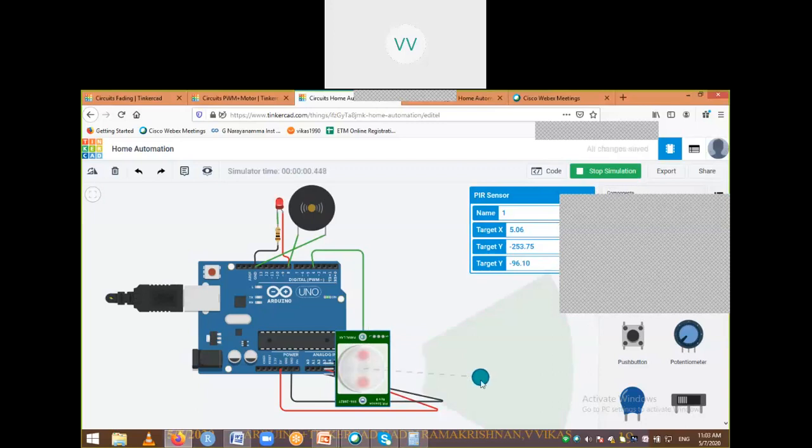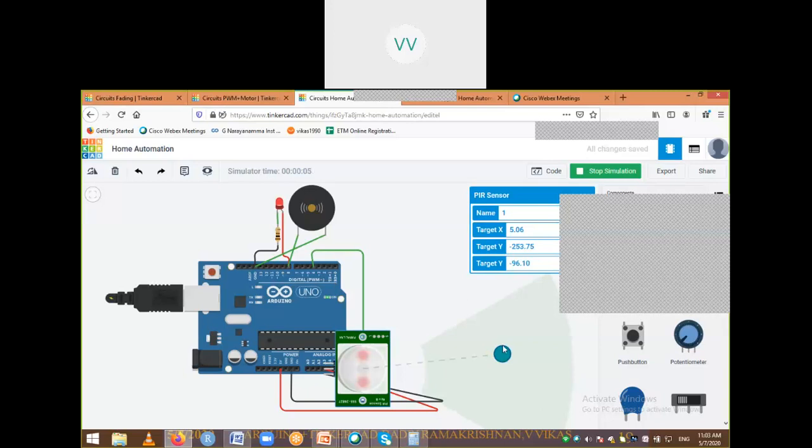See here, I am moving and the LED is blinking, and also some tone is generated. Now I won't move, but will be idle in that particular area. You can see the LED is off, and even that particular motor, the speaker, is not giving any response.